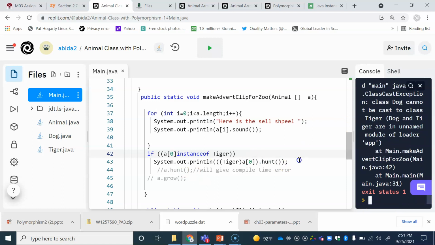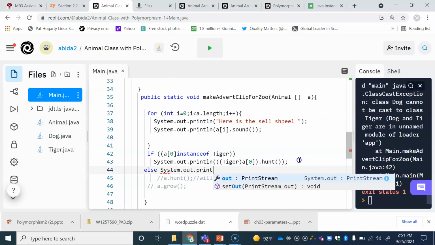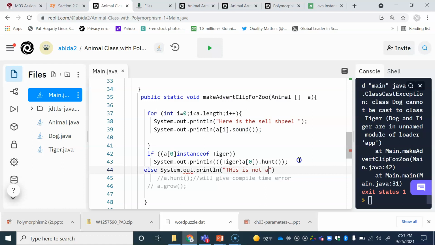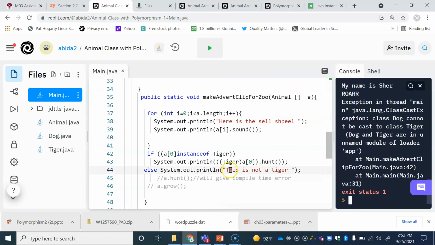We can call the method, else we can say else System.out.println that this is not a Tiger, right? So we can do that. In fact, we can say Tiger, and we can print